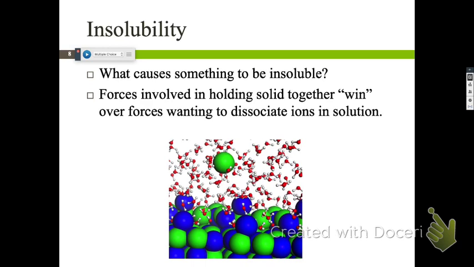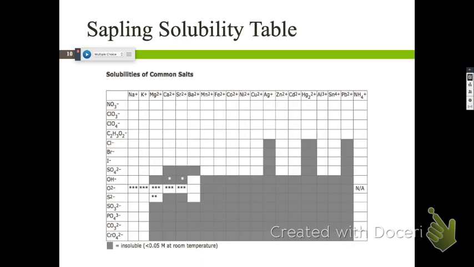What about the anions, the negatively charged ones? What trends do you guys see there? Can I get a hand raised for a single voice? Sorry, I heard a couple people saying things. Go ahead. All of them? What are the trends for which ones are soluble and which ones are insoluble? Caroline?